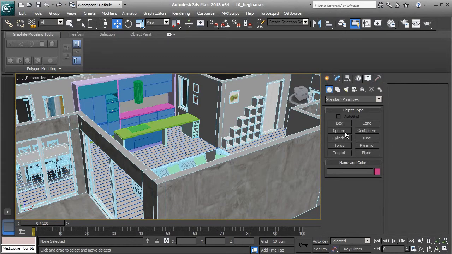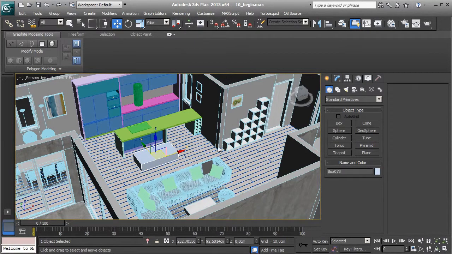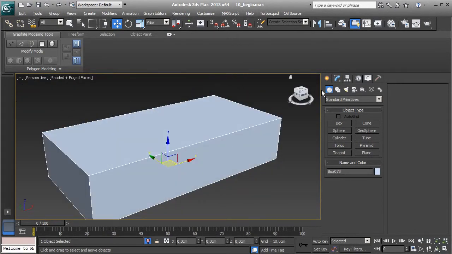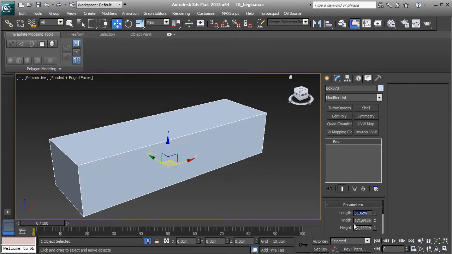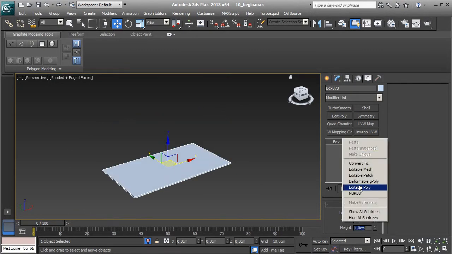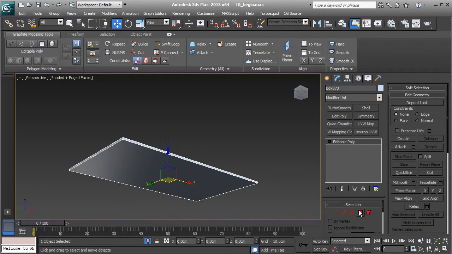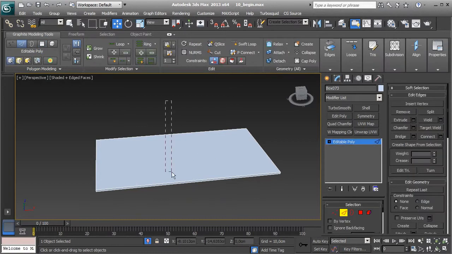I will start by creating a box, and I will center this box by right clicking on these arrows, Alt Q to isolate, and I will type in dimensions 51, 94 and 1 centimeter. Convert that to editable poly and delete this bottom polygon and select this ring, 2 segments, and pinch them